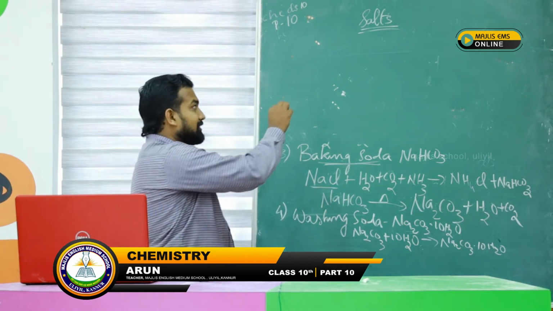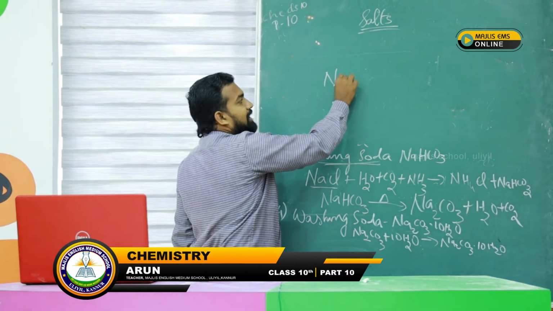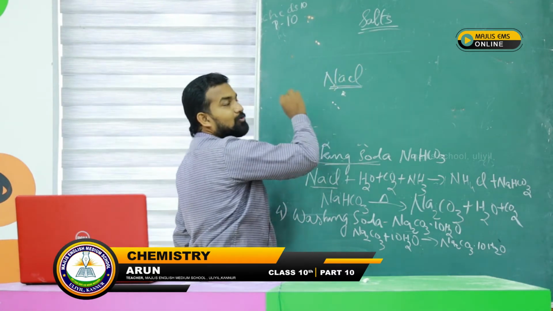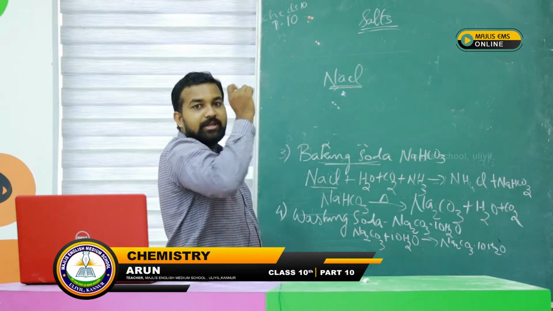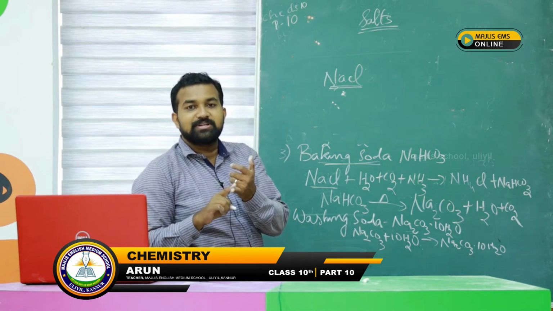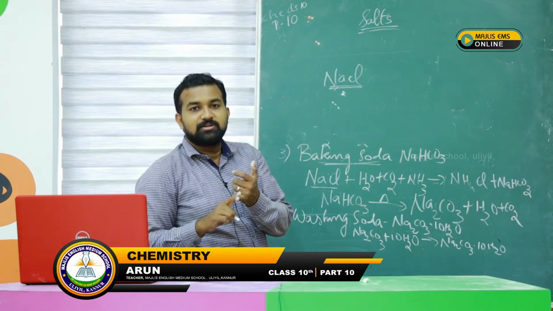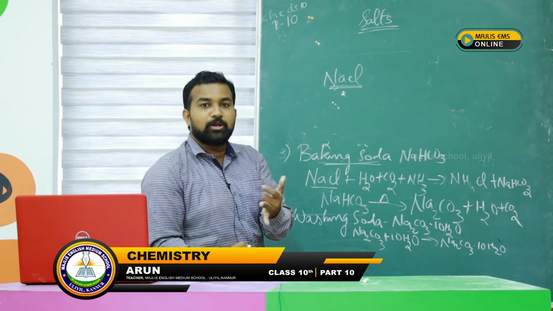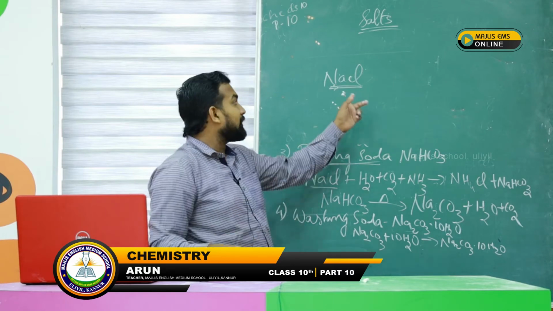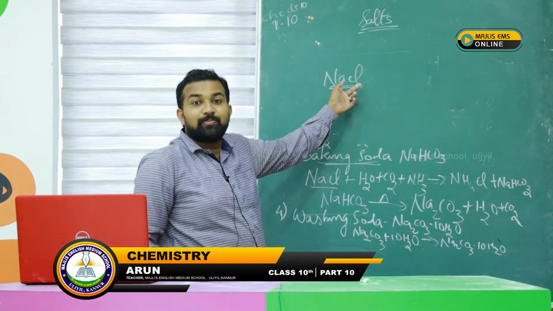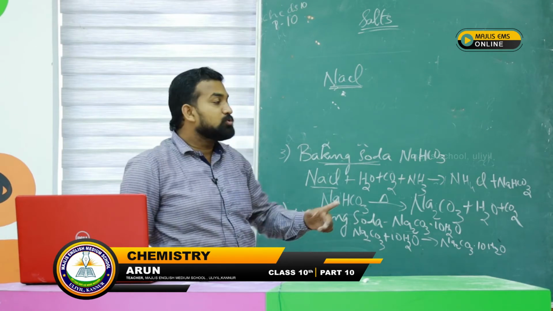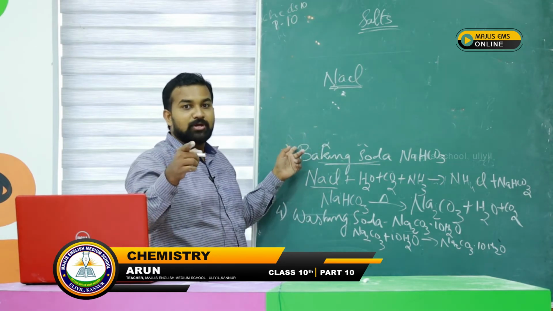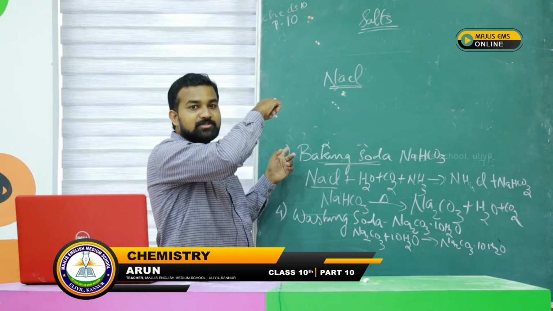One important thing: this sodium chloride is very essential for the preparation of all the other common salts. That is what we are going to understand from this. The first one we discussed was the bleaching powder as well as sodium hydroxide. Sodium hydroxide was produced from the sodium chloride solution, the brine solution. From there we got chlorine gas, which is used for producing bleaching powder. So that is also directly linked with sodium chloride.